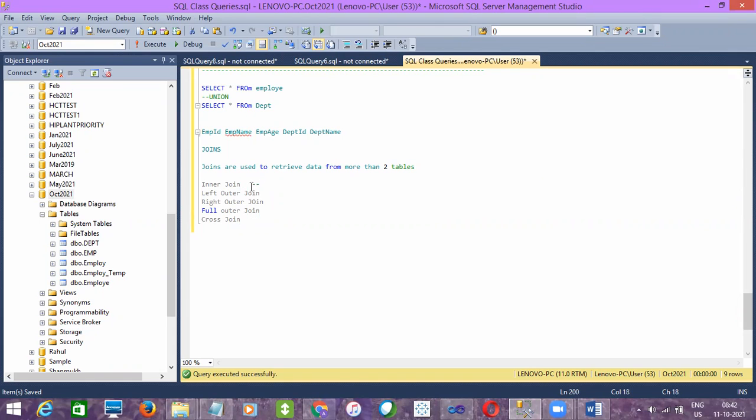Inner join will retrieve only matching records between the tables involved. If there are two tables, then only matching records will be returned based on the join condition.